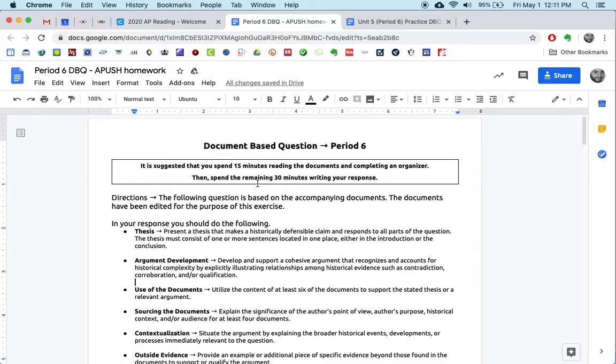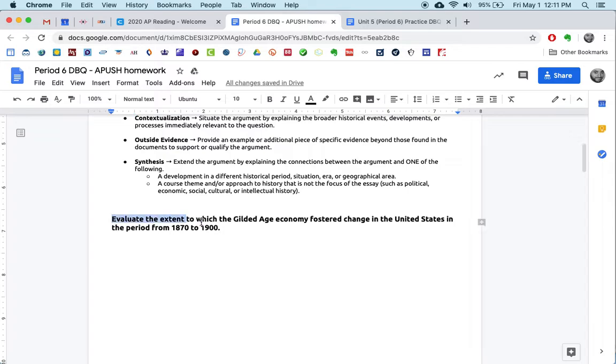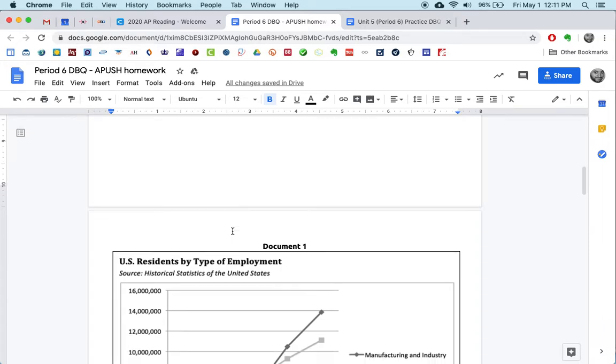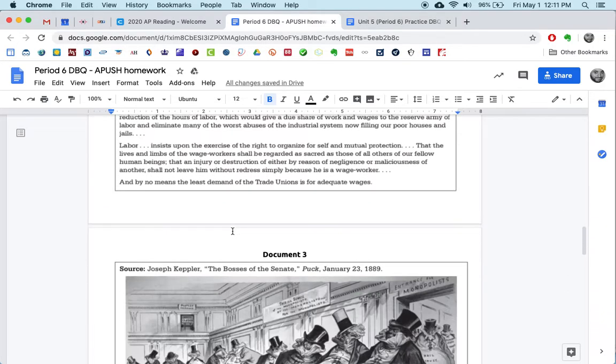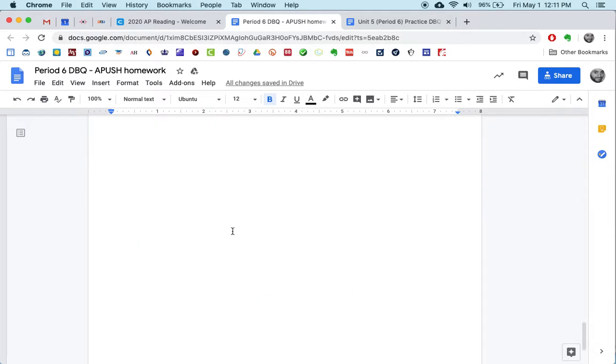document-based question. So here's the question that you got. The question was, evaluate the extent to which the Gilded Age economy fostered change in the United States in the period from 1870 to 1900. That's an actual DBQ or LEQ prompt, actually, from a couple of years ago. But we made it into a DBQ with 5 documents, which is the number of documents you'll be getting on